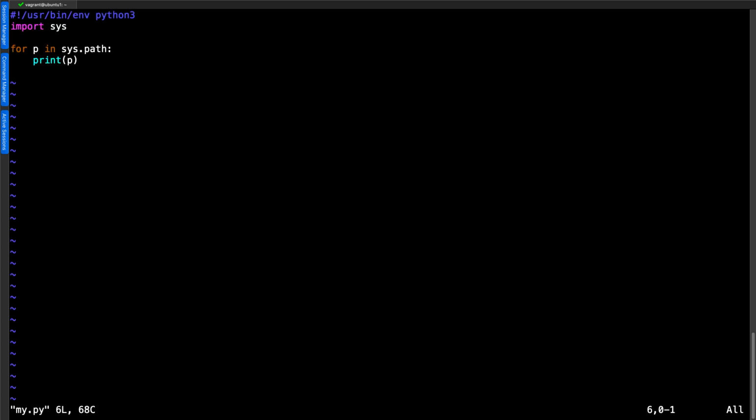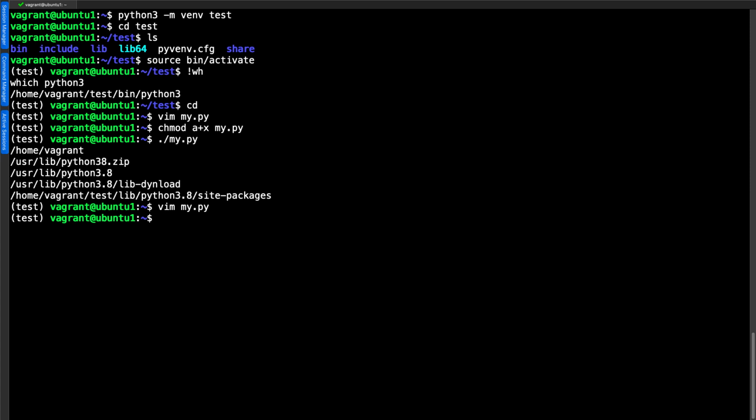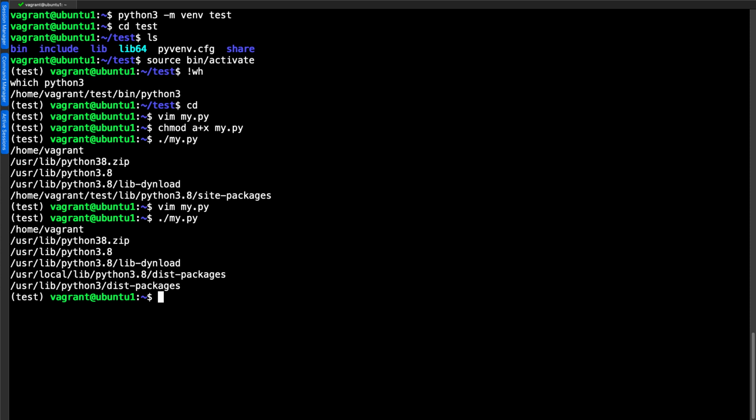But let's go through and just change the script again, and we can modify that shebang. A lot of people think, well, it doesn't really make any difference whether I use the env command or whether I use python3. Well, it doesn't if we never have virtual environments. But now I've got my virtual environment. If I hard code the path to /usr/bin/python3 and re-execute my code, we can see then that we are no longer picking up modules from /home/vagrant/test. So we've now lost the ability to pick up modules from our customized environment, and that's really why we use virtual environments.